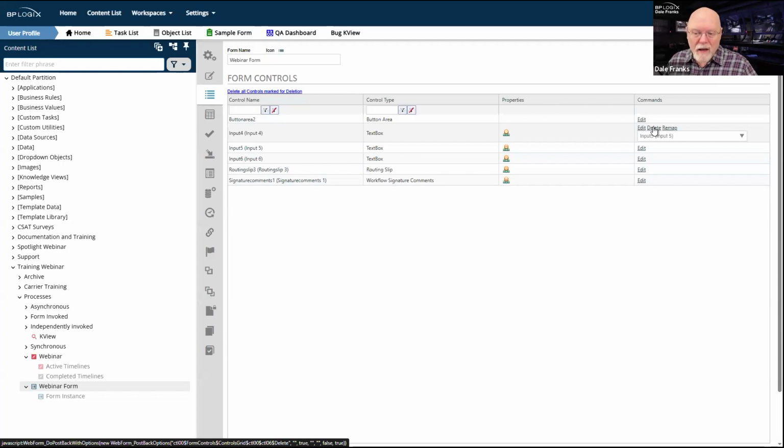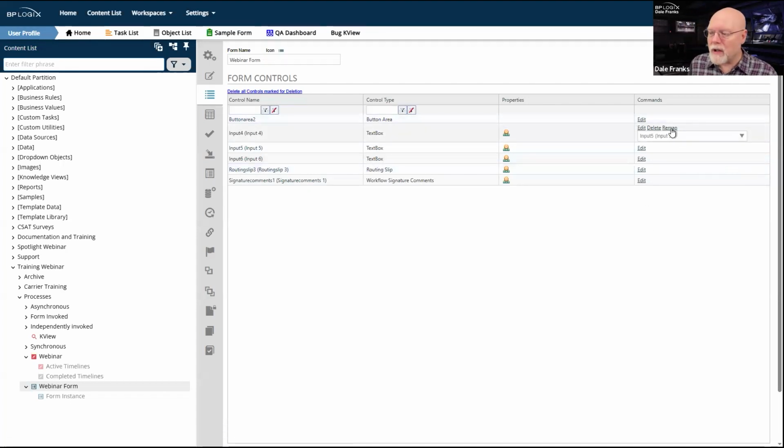So I can delete a field off the form. And as long as I don't delete the actual data control, that data, as we just saw, is still available in Process Director. I can still use it. I can still access it. Now, I can't access it in any place other than debug mode as an administrator. So I might want to keep it for historical purposes. But you're always going to see this whenever you go into form controls, because you have all these existing instances that have that data.